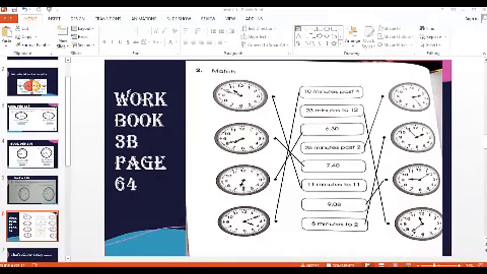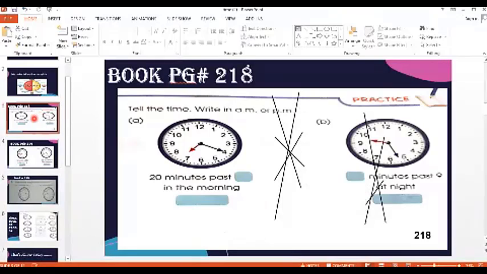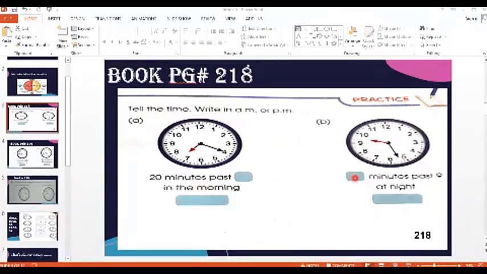For Josefa, the boy who was asking me about the book 3 page number, what you will do is just have a look at the given slides. Let me clear my screen and please note down your answers. For this clock, the answer is very easy. You will calculate the time in a forward style and you will mention 27 minutes to, and the numbers will be